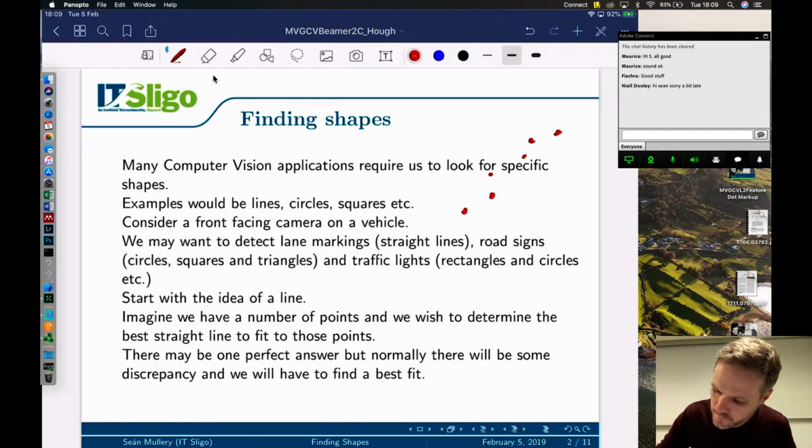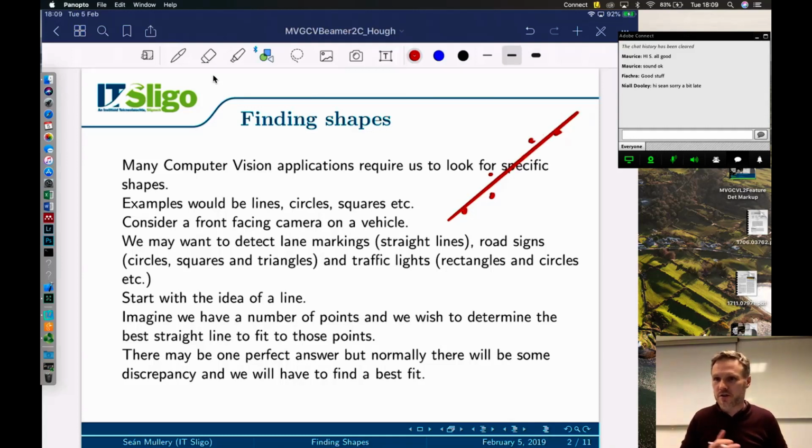Okay. Now you can all probably see there that it makes sense that we've probably got a line going through the center there. It's touching some of them, but not all of them. And it would be ideal if all of these points were definitely on a line, but that won't always be the case. Now the reasons that it might not be the case can be quite varied. There could be distortions in the lens of the camera. It could be a broken